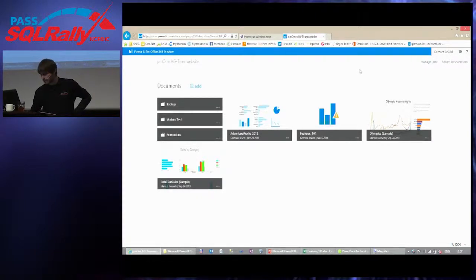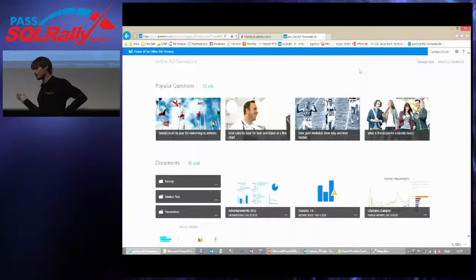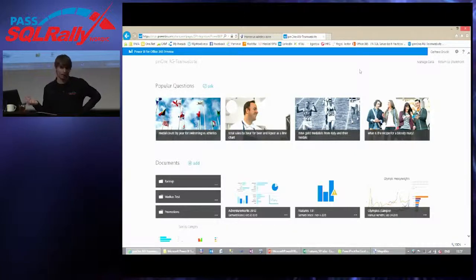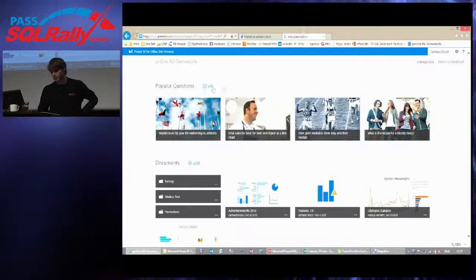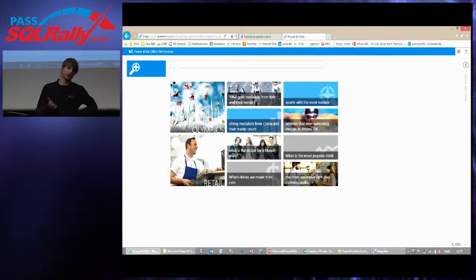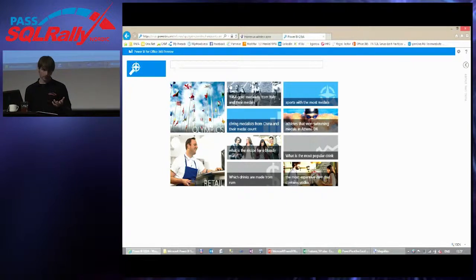What it does is collect data stored in this specific SharePoint site, check which of this data actually contains a model that it can use for Power BI, and then show it here. On the top, you have the so-called Q&A, what I've been talking about before, which allows you to ask specific questions about your model or your data that you've uploaded. So you can, for example, ask, this demo features two separate models. It's the Olympic Games. So we can just ask,